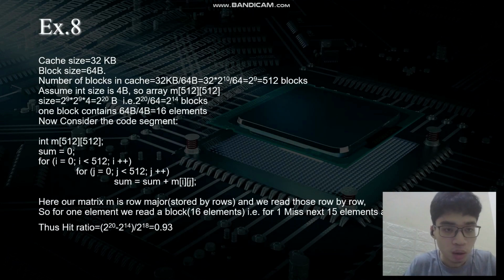Cache size equals 32 kilobytes, block size equals 64 bytes. So the number of blocks in the cache equals 32 kilobytes divided by 64 bytes, which equals 32 times 2 to the power of 10 divided by 64, equals 2 to the power of 9, which equals 512 blocks. Assume integer size is 4 bytes, so array M